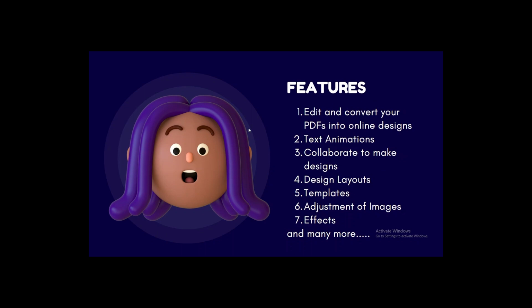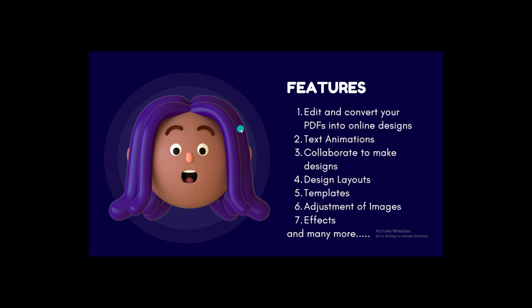So what are the various features of Canva? With Canva, you can edit and convert your PDFs into online designs. You can add various text animations. You can collaborate with your teammates to make designs. There are also a number of various design layouts to choose from. There are templates for every kind of poster or presentation you would like to make, ranging from formal to informal ones. You can also do adjustment of images in Canva. You can add various effects to the text as well as the images, and these are just a few features